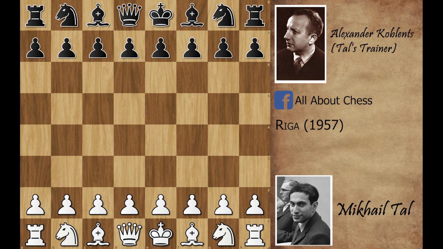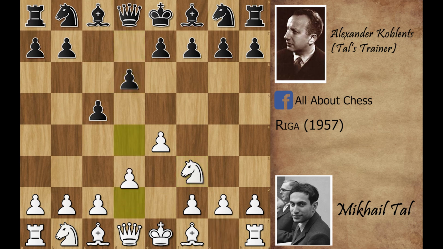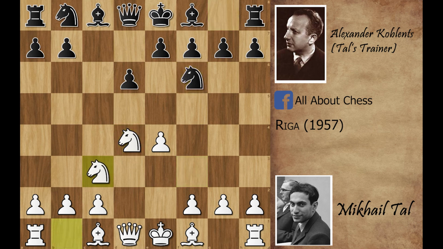In today's video, we are going to analyze a very confusing game played between Mikhail Tal, trainer, and Mikhail Tal himself. Mikhail Tal was playing as white and he starts the game with e4, c5, knight to f3, d6, d4, Sicilian defense, c takes on d4, knight takes on d4, knight to f6, knight to c3, knight